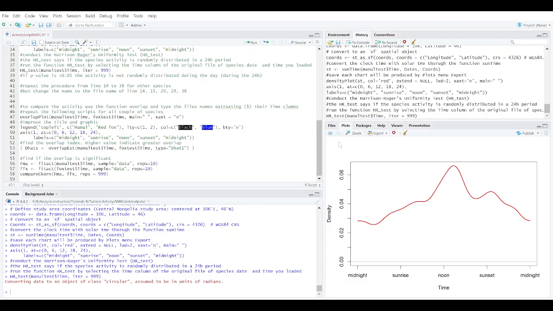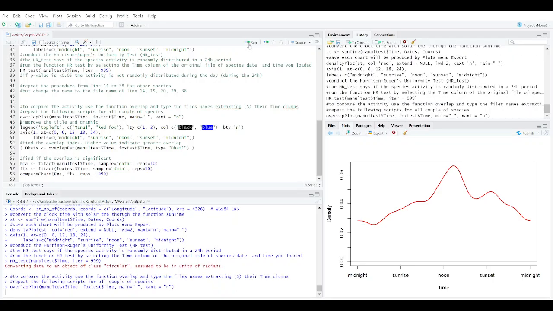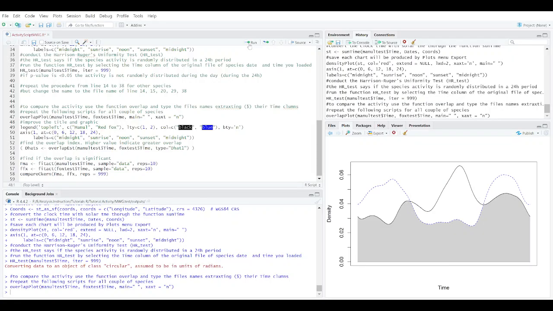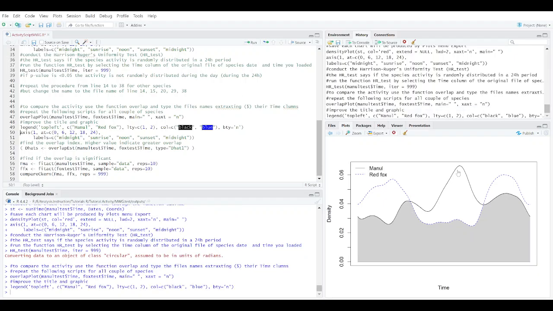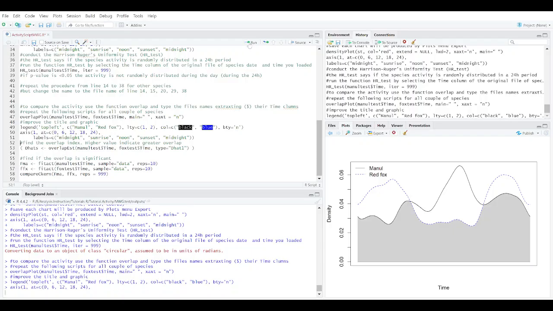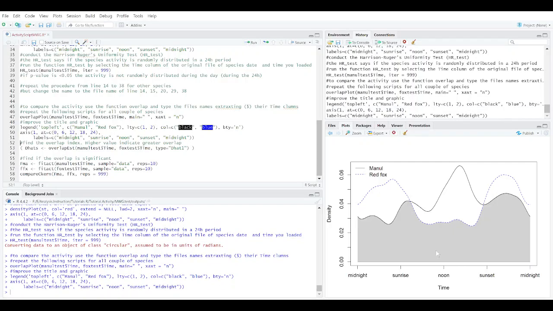Overlap. So run. And then we got a plot, as you see here. But to understand better, we put Manu as the continuous line and the dashed one is the red fox. Then we still give again in the Y axis the label,